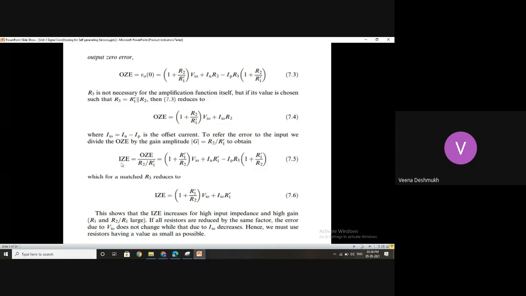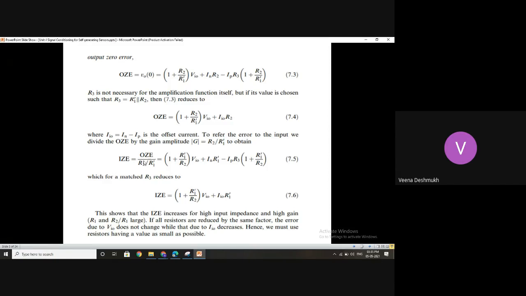Now what is the input zero error? Now we know output zero error, or the output voltage, is available due to the input available at this. So input into the gain of the circuit gives you the output voltage. So when you know output zero error, input zero error is equal to output zero error divided by the gain. What is the gain of this op-amp? R2 divided by, simply, the feedback resistance divided by the input resistance. The feedback resistance is R2 and input resistance is R1 dash, which is equal to R1 plus RS.